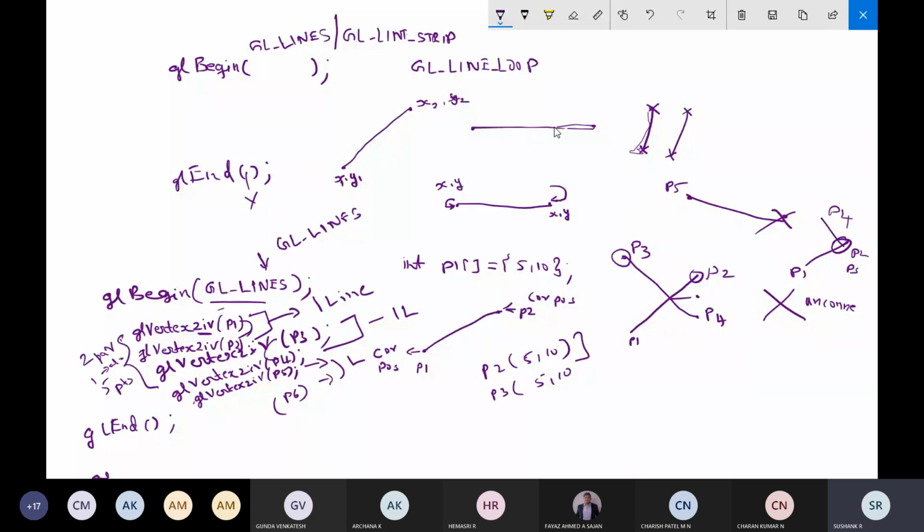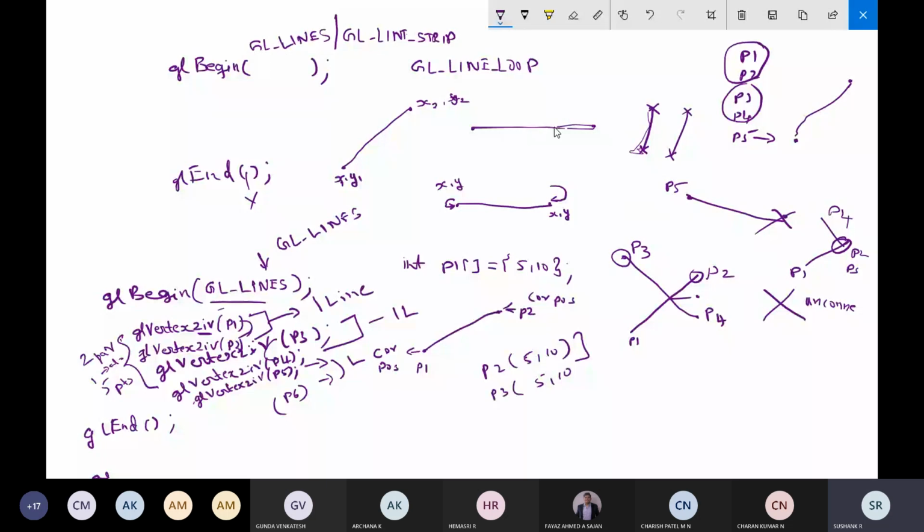Nothing will be displayed if I'm specifying only one endpoint. That means the example of P5. In our example, we had points P1, P2, P3, P4, P5. P1 and P2 join to form a line. P3 and P4 join to form a line. But P5 has only one endpoint for the line. It needs another endpoint to form the line.